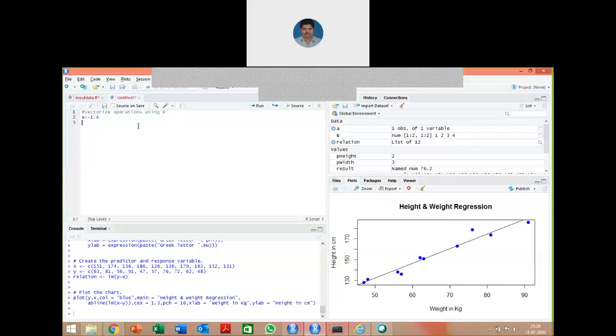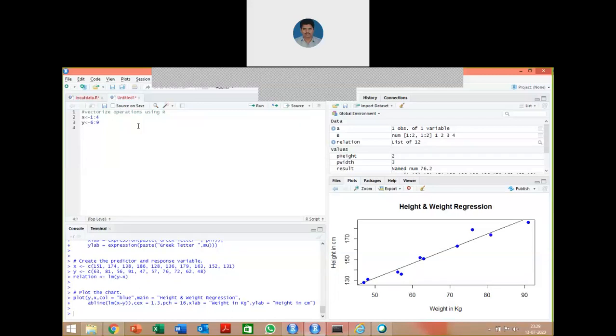Next, another vector I am going to create by using a different method: 6 colon 9, starting at 6 and ending at 9. The numbers in between are stored into the vector y.